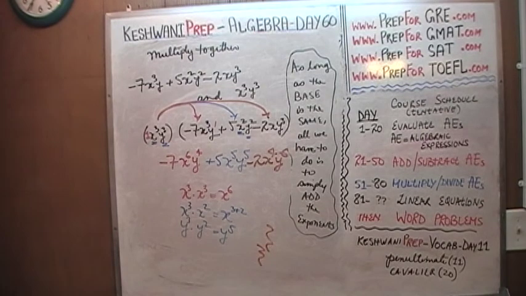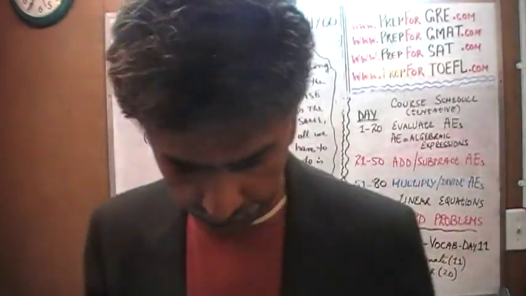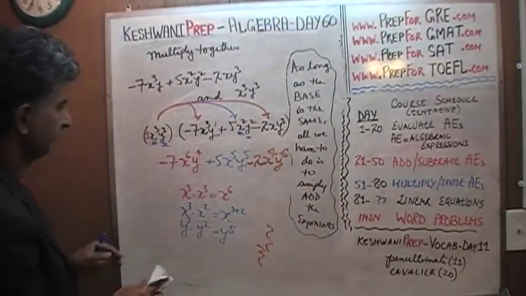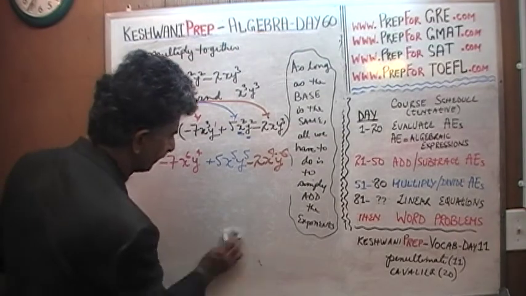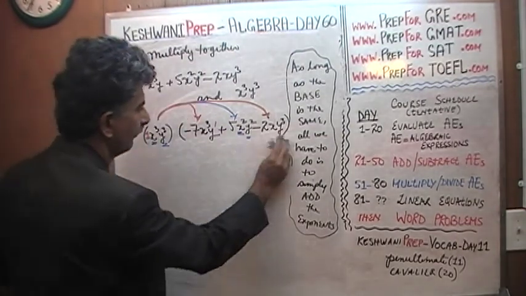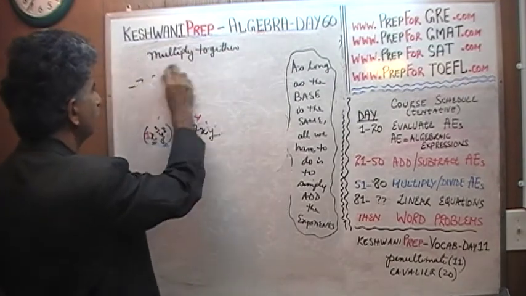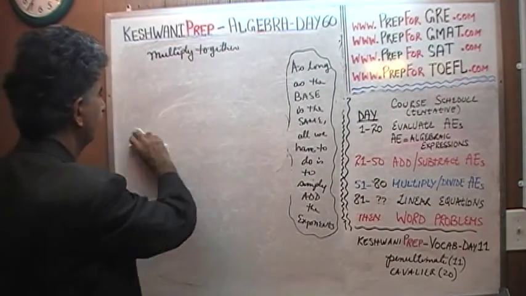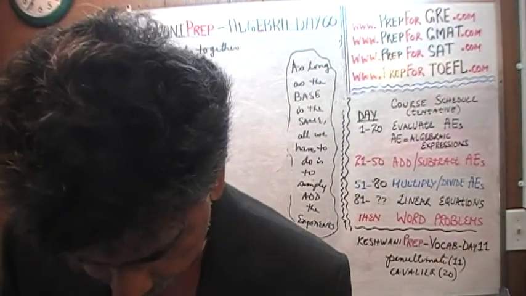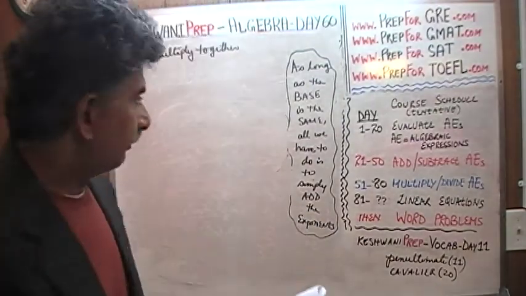I had one more problem in my notes for today, so let's do it. We need to erase all of this. We're done with this guy. This was just the extra work. This is the answer. Let's do one more. Let's see what we have. We are asked to multiply together